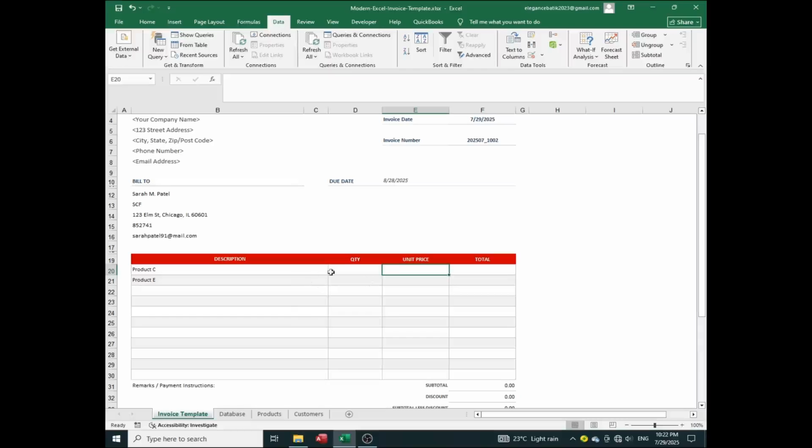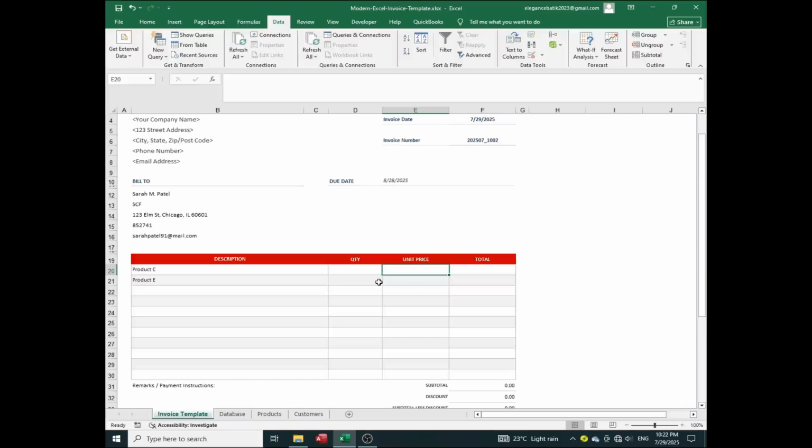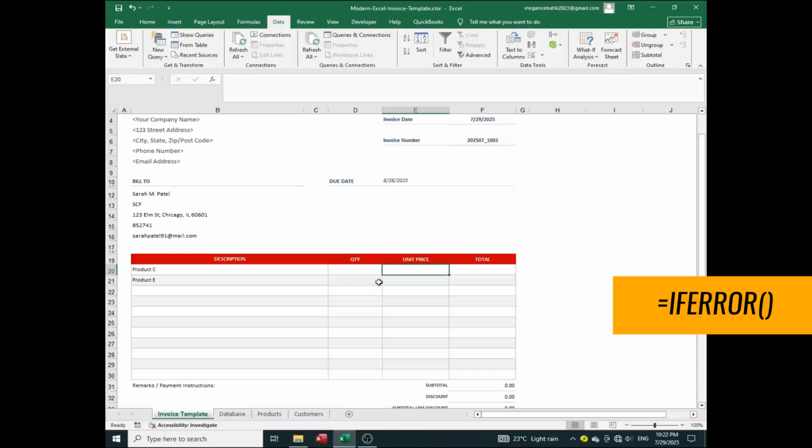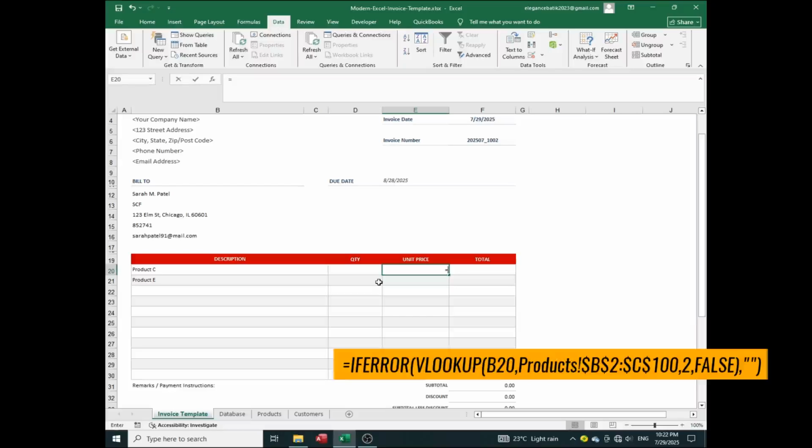product selection. Now to take the unit price according to the product, again I am going to use VLOOKUP function. So I am going to add my VLOOKUP function here under the E20. So here to avoid the not available error, I'm going to add an IFERROR before the function. So under the E20 I am going to type like this, put equal mark, then IFERROR,